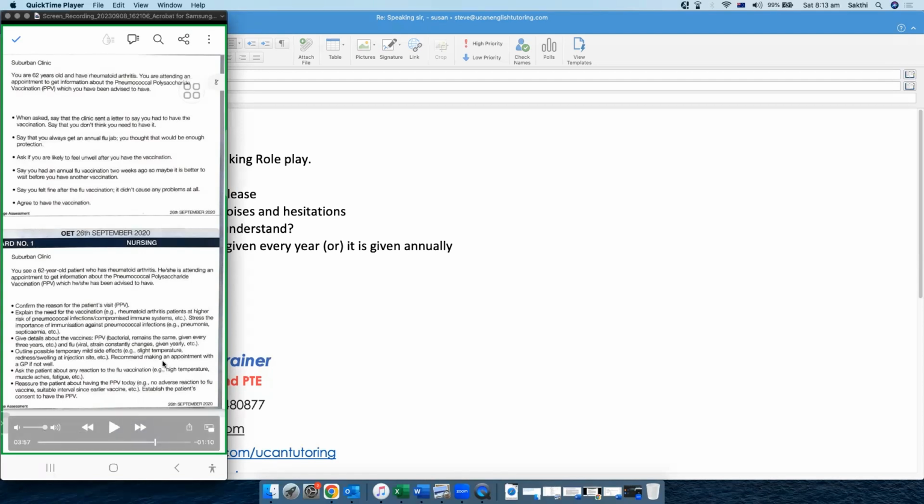It's a good way of initiating the question or the information yourself, because sometimes the patient may not ask you the questions. For example, in this case, the patient didn't ask the nurse the questions in relation to flu vaccinations. However, the nurse voluntarily started sharing the information regarding flu vaccination, which is amazing. So having initiative during your role play conversations, if the interlocutor didn't ask you the question, is really critical and it is valued by the OET examiners. As a result, you can get a higher score than what you're expecting.